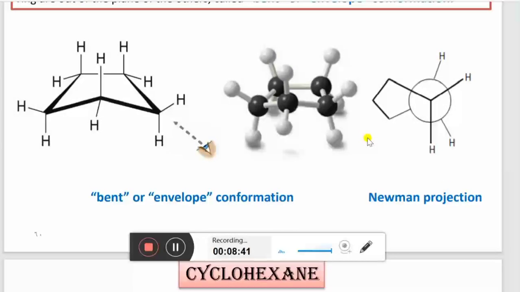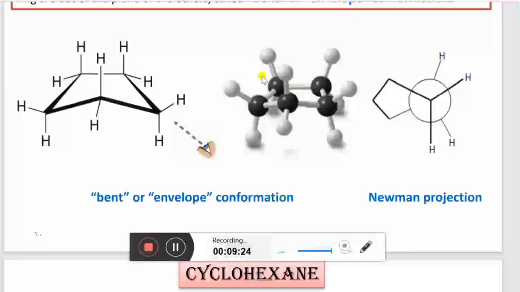I'm not in favor of the statement that the envelope is the most stable, because the twisted shape is even more stable than this. What will that shape be? First of all, keep all the carbons of the cyclopentane in planar form, and then push this one below and this one above. What would happen? Three of the carbons will come in one plane, and of the other two, one will be above and the other below the plane.